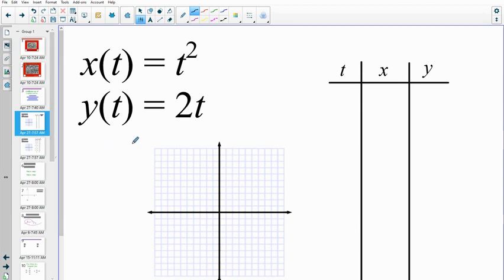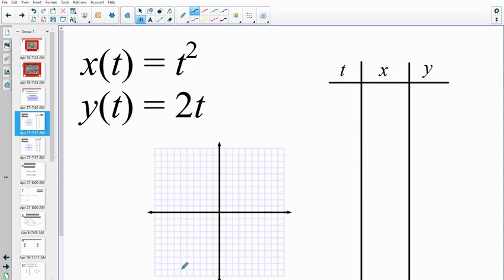So if I want to graph this set of parametric equations, x is equal to t squared and y is equal to 2t. This being the first time we're doing this, I'm going to think of it very procedurally, where I'm going to make a table of values like you've done in the past when you graph y as a function of x, when you first graphed a sine function, when you first graphed an exponential function, when you first graphed a line. You probably just made a quick t-table, put in some values of x, and then figured out what the value of y was. Well, we're going to do the same thing here, except I'm going to put in values of